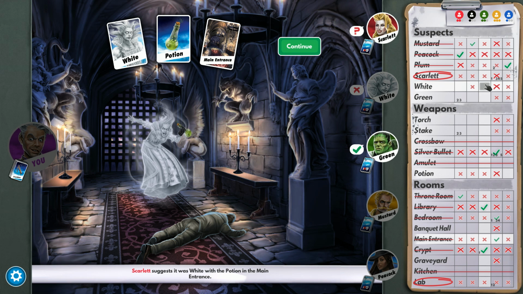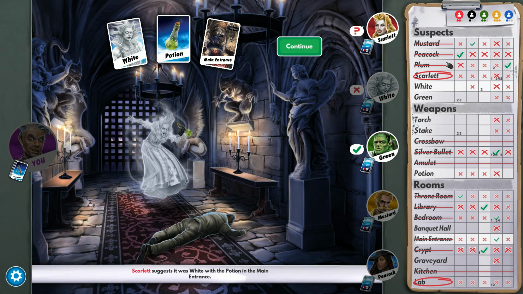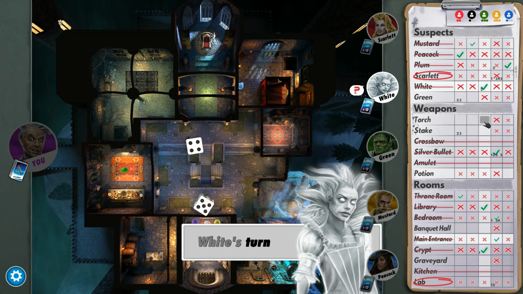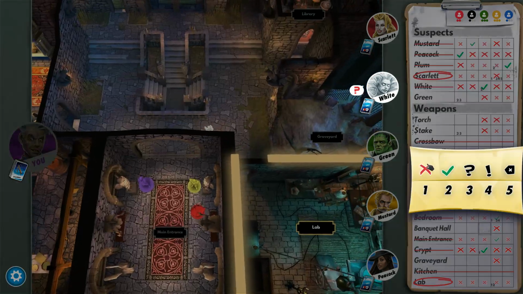White. So we'll do 2. And it could have been the potion. Oh, he passed on the potion. The main entrance we know Mustard has, so he showed the white card there. Again, that solidifies what we know. We know Scarlet's the killer, and that's all 3 of his cards, so we can X all of these out. Not that it really matters, but...